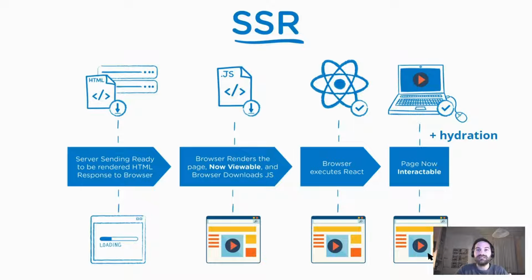Server-side rendering lightens the load on client devices, resulting in faster rendering. Choosing between CSR and SSR, or even adopting a hybrid approach with hydration, depends on your project goals and constraints. By understanding these rendering strategies, you can make informed decisions to create a web application that delivers optimal performance